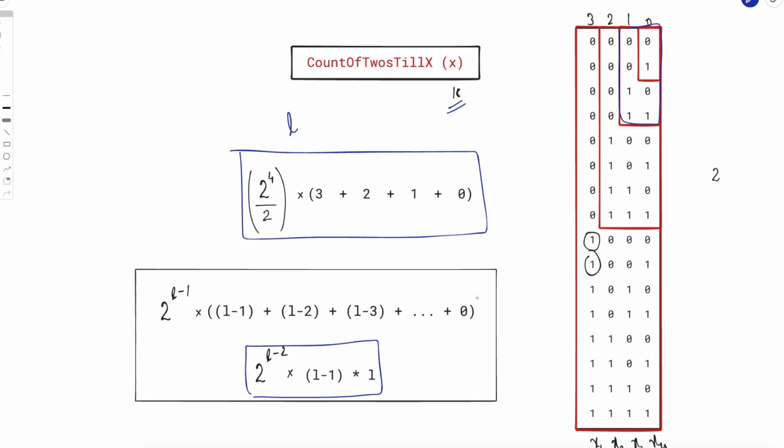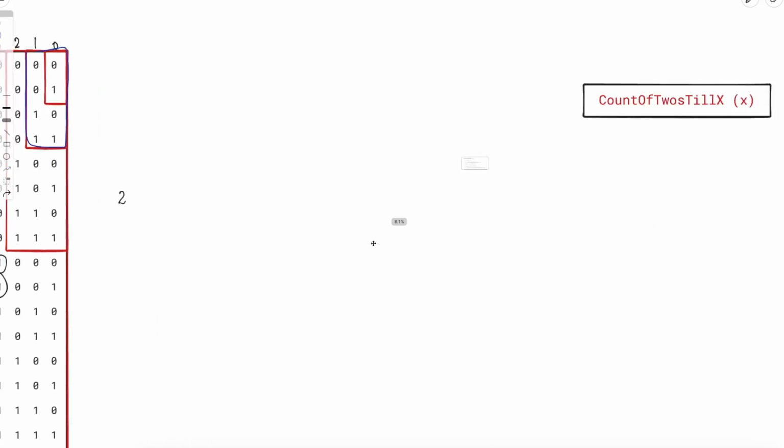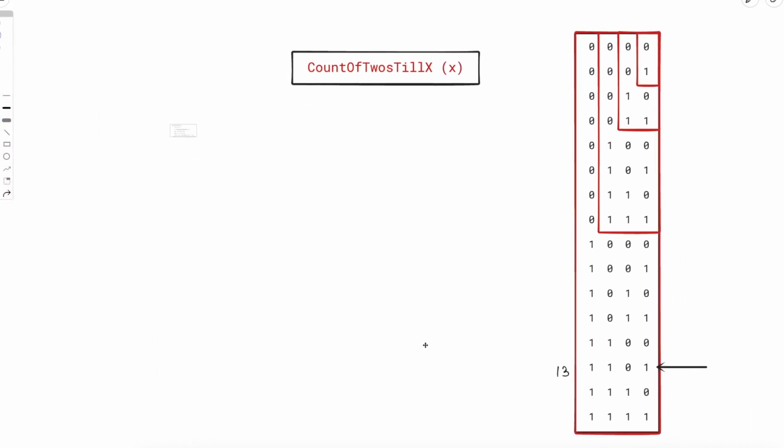Now this works for 2, 4, 8, 16, all the way up to any power of 2, but we need a generic version of this because x can be anything. It can be a number which is not a power of 2 as well. So how to tackle that? I would strongly encourage you to pause and try to think about it yourself. So what we need is, let's say we want to figure out the value when x is equal to 13,